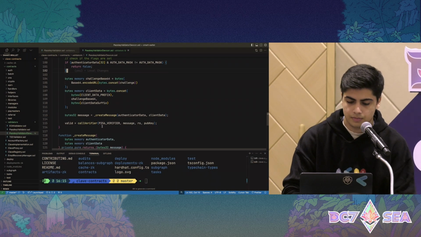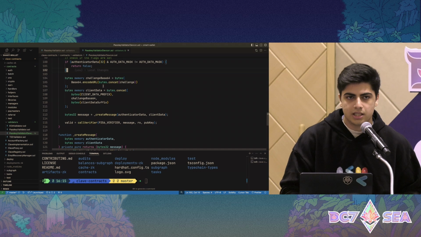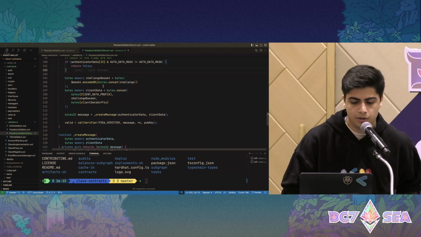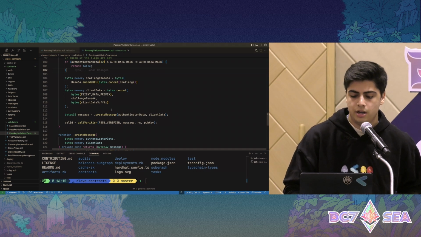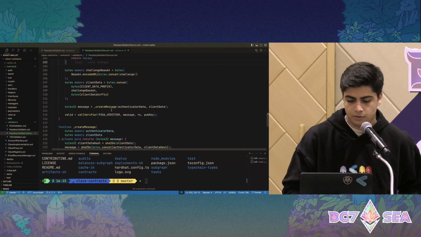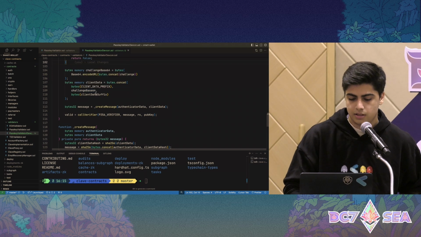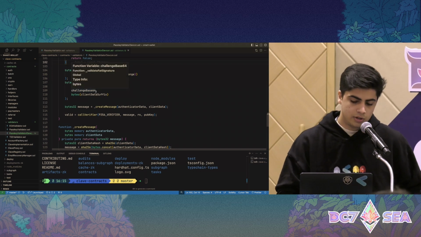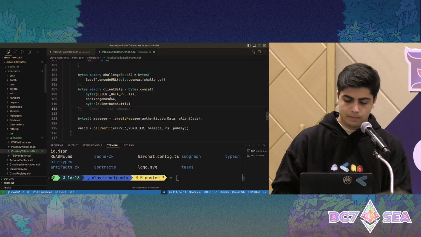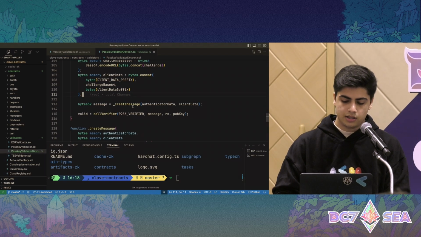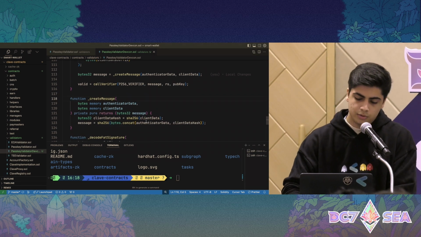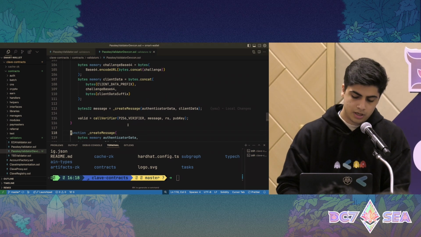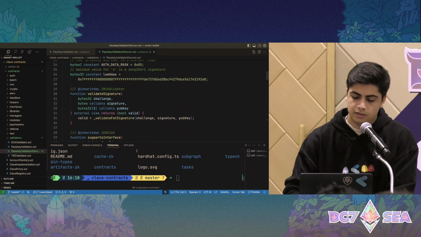Everything in the Passkey world is base64 URL encoded. So you need to make sure that your challenge and other parameters are also in the base64 URL format. So we concatenate the client data prefix, our challenge in base64, and the client data suffix, and then create a message by hashing and combining them together, and then call the P256 verifier contract, which is defined